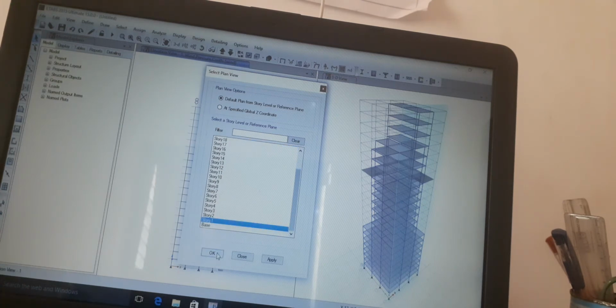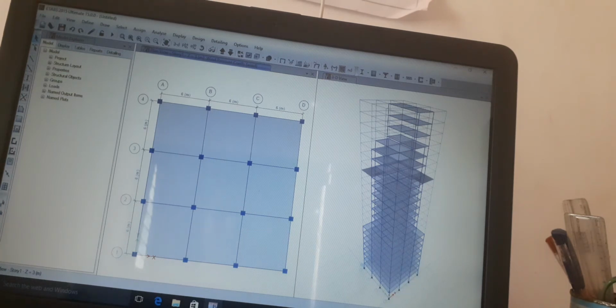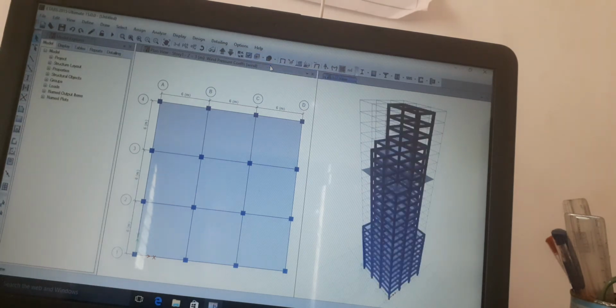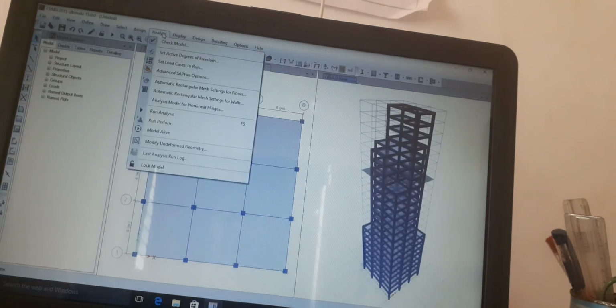Plan story 1. Okay, here all story into one story, and click on 3D view, select, and here we can click the first one and go to analyze, run analysis.